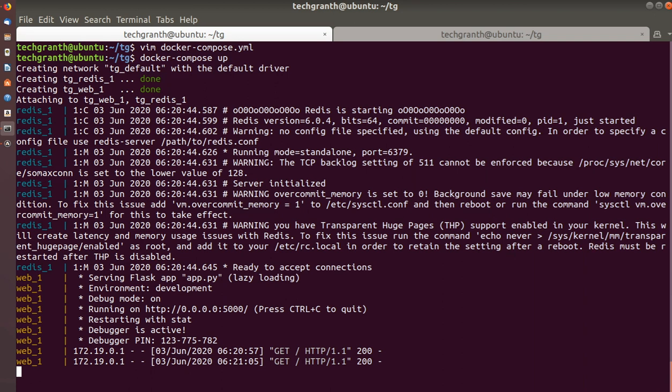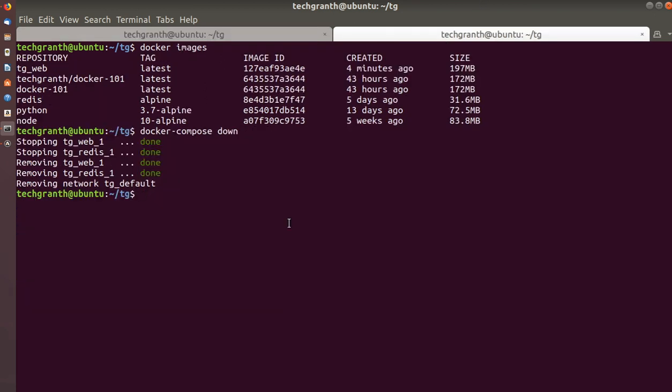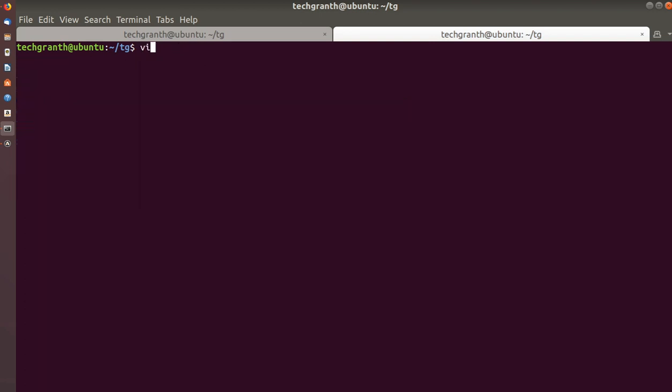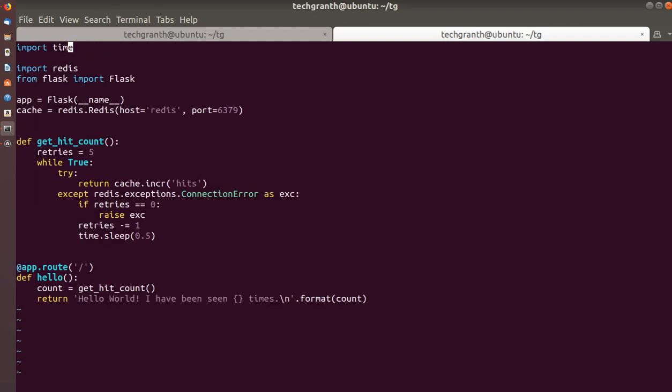So let's make some changes in this terminal, and let me clear the screen, and we'll make changes in app.py. And here, as I told earlier, we have to just check this one, right? Hello world, I have seen that many times.